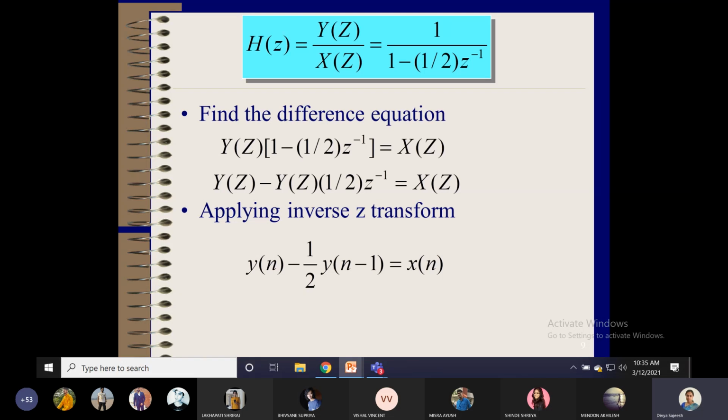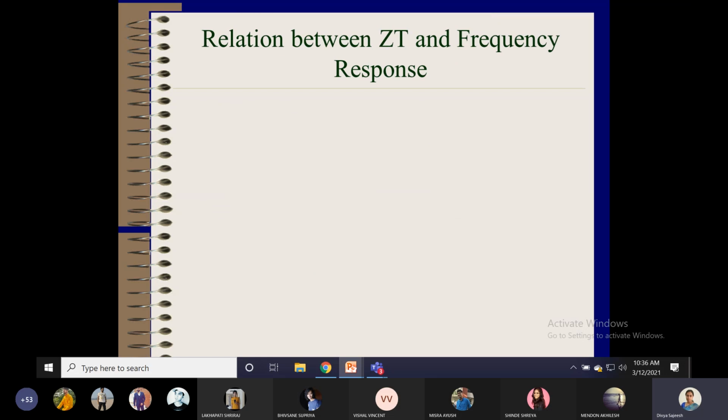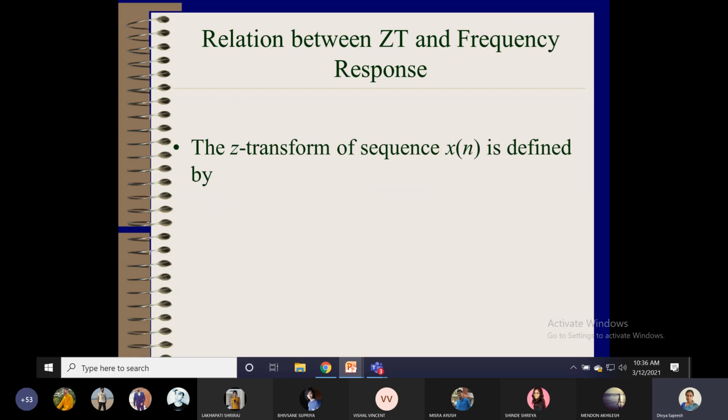So that is why I am saying that the entire MATLAB Simulink is based on this transfer function. Modeling is done with the help of this transfer function. Such a powerful tool is the transfer function of the system. You will get all the behavior in that transfer function. So let us now go to the other part.